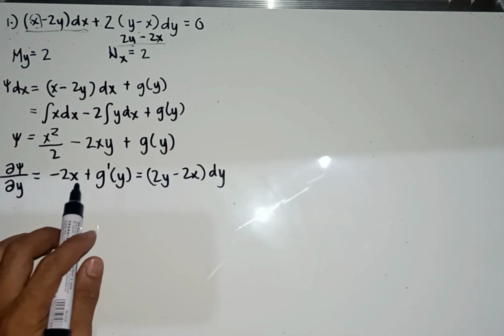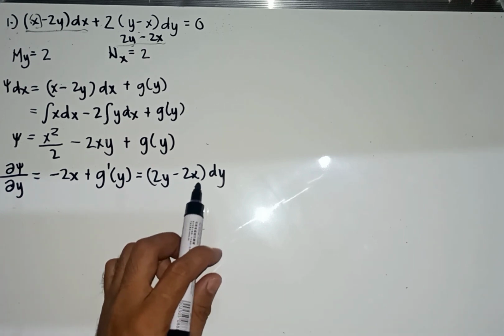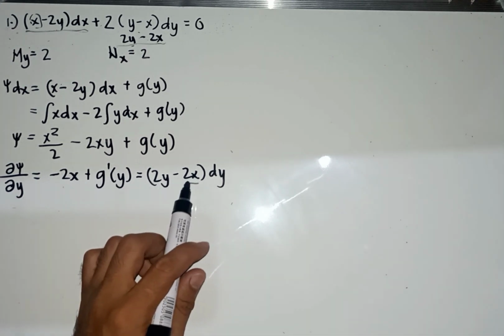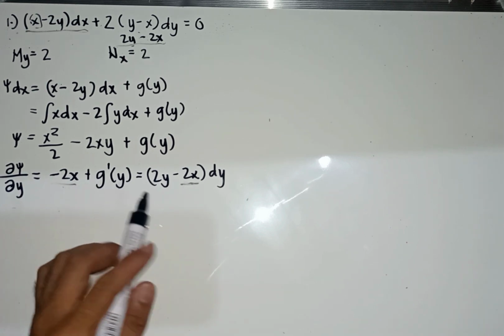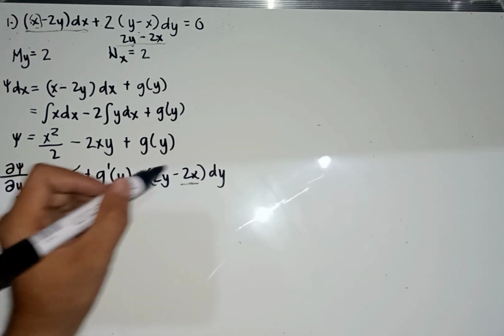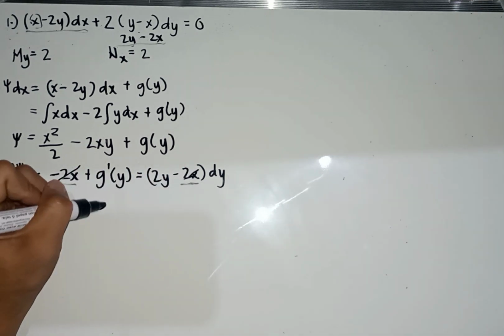As we can observe, in these terms we have a 2x here and a 2x there, so that would be cancelled out. So g prime of y